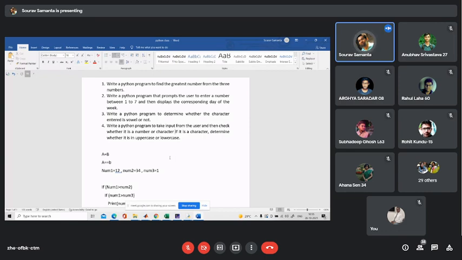So the basic thing is you have to understand the requirement of the problem definition. If the problem definition is clear to you, then the remaining part is how to design and solve that problem. That means development of the algorithm for that problem. Then you follow the rules of a particular programming language and develop your program based on your algorithm. That is the flow. Okay, so let's take the final example for today.